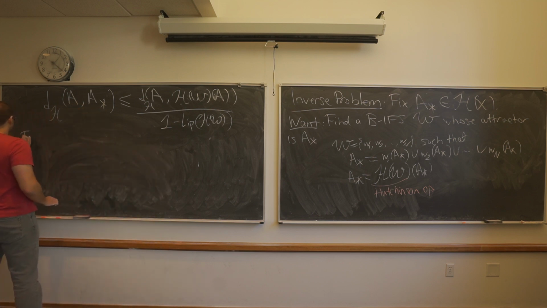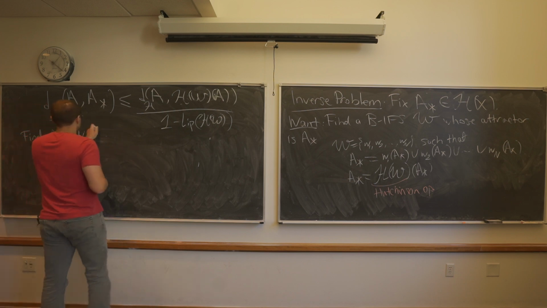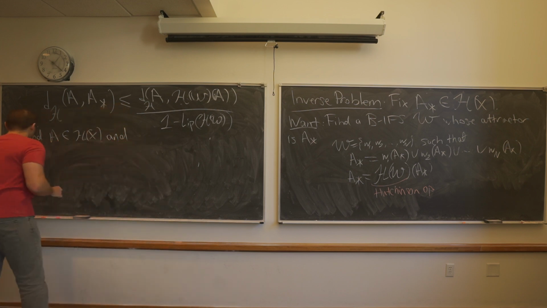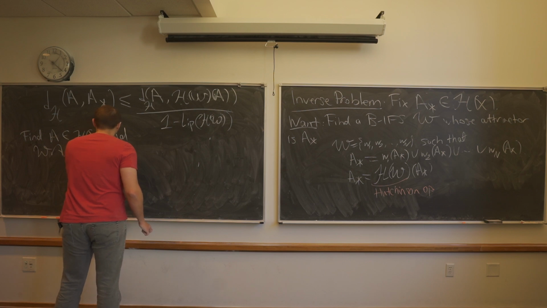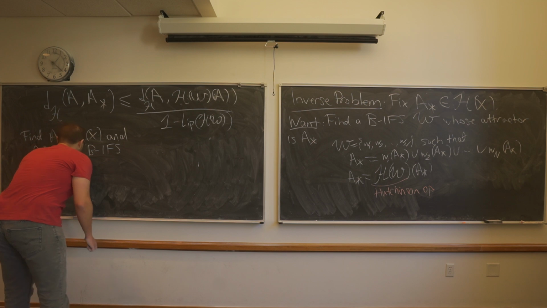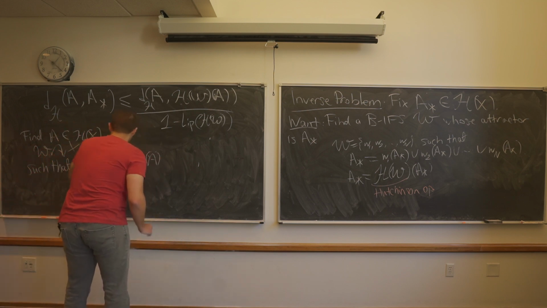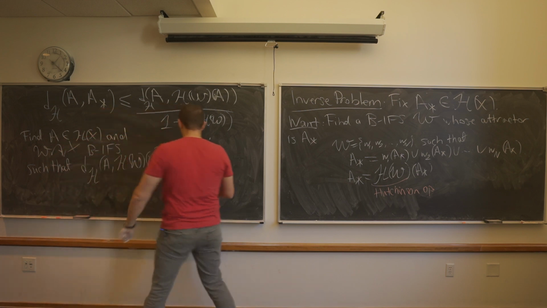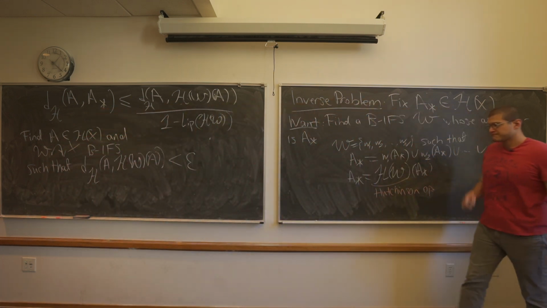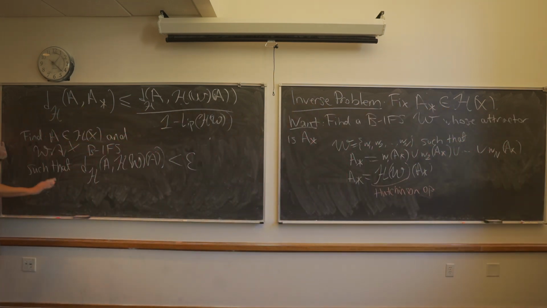So find A and W, a B-IFS, such that this happens. And then at this stage, you really sort of start talking about specific examples, but let me just